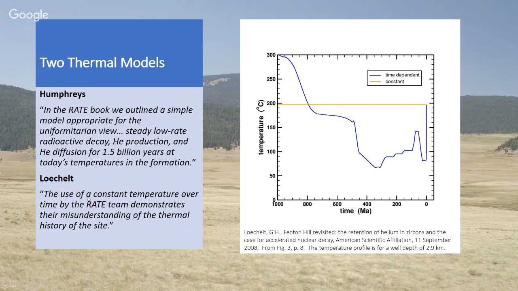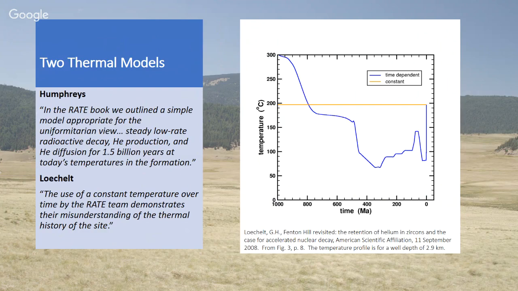So my point is that a constant temperature is very inappropriate, and really artificially handicaps the old Earth model, because you would not expect today's high temperature to have been sustained over the past indefinitely. You can see the difference between the RATE thermal model, which is just a constant, and my model. And you notice my model is not a simple function. It's not a line, a parabola, or an exponential decay, because I'm not trying to assume a simple functional form.